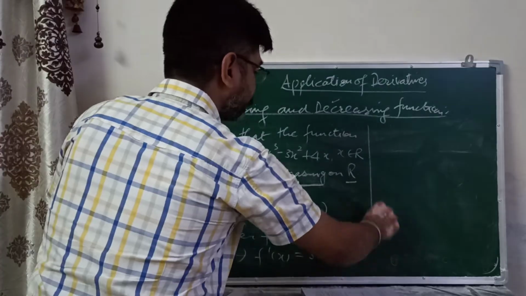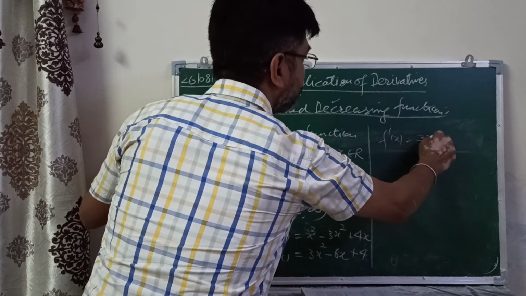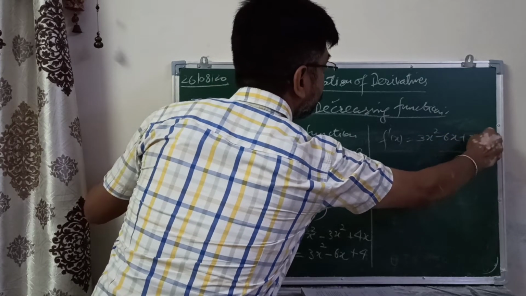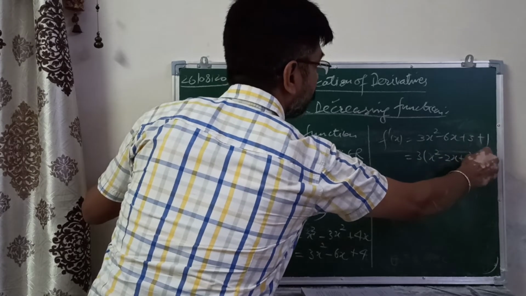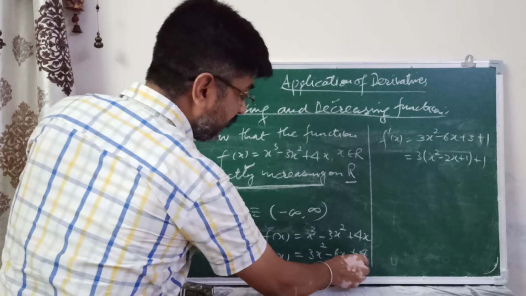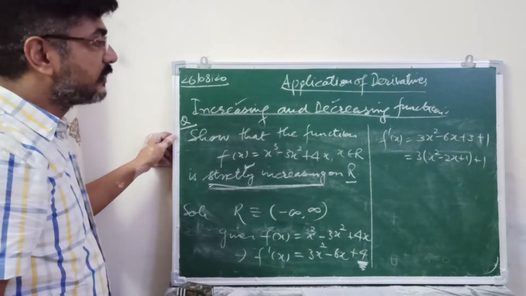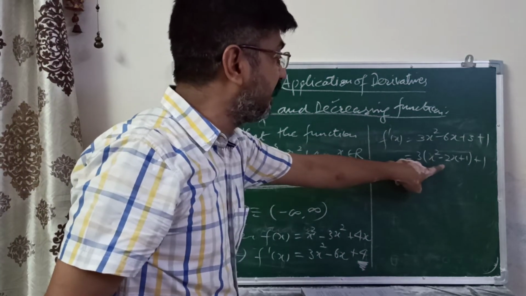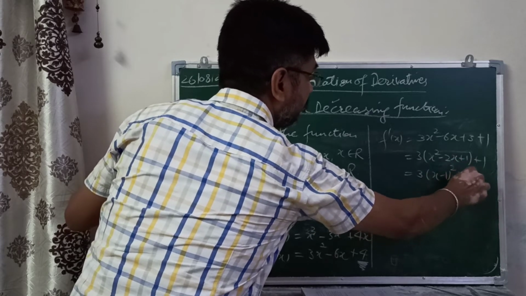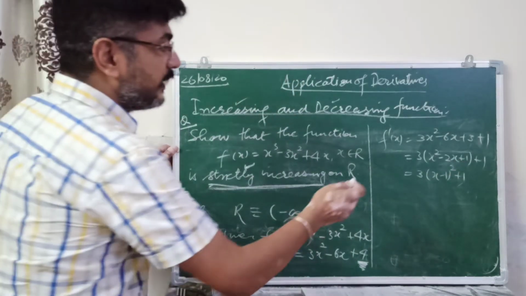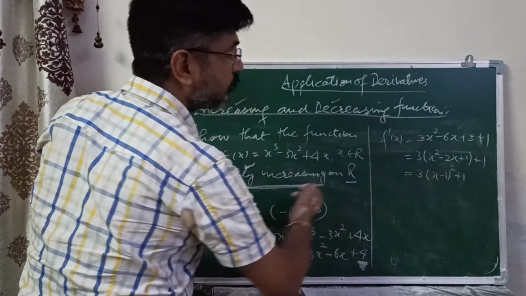Now what about this? I can write this f dash x like this: plus 3 plus 1. Now taking common, x square minus 2x plus 1 plus 1. I have split this 3 into two parts, 3 and 1. Why have I split it? So that I can take common, and in this bracket it becomes a whole square, x minus 1 whole square. To do this, I have split 4 into 3 and 1, taking 3 common, and this becomes the whole square of 1 plus x.